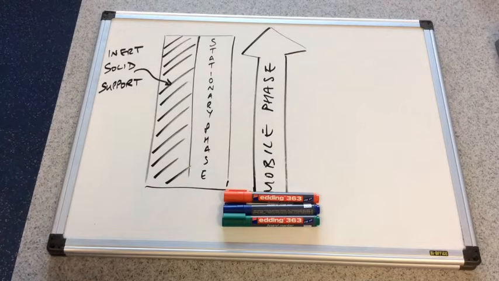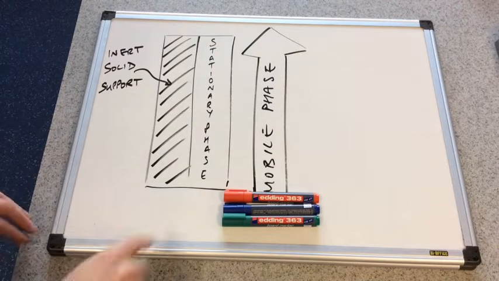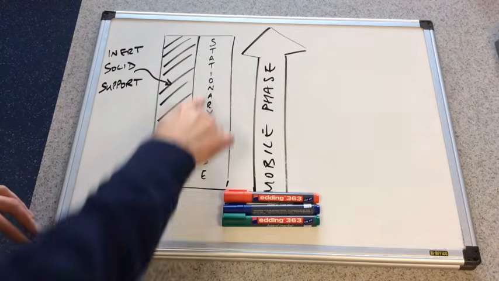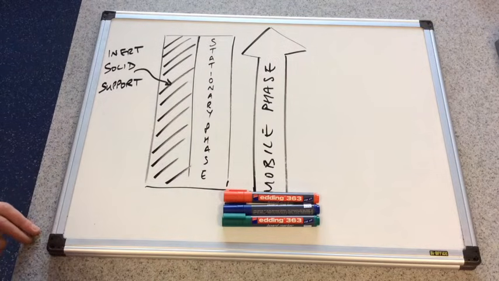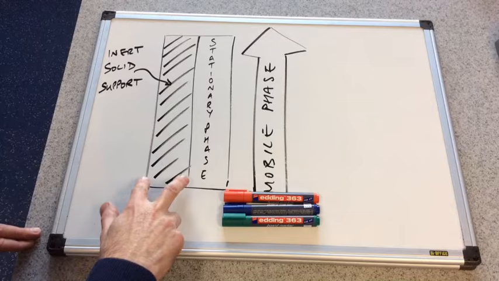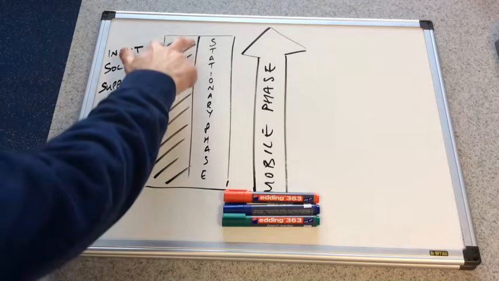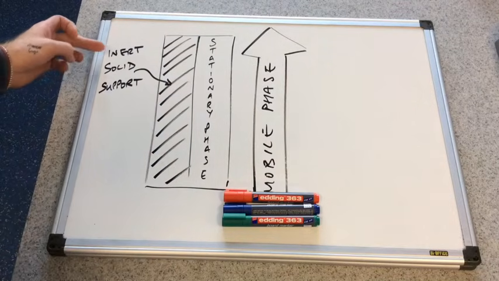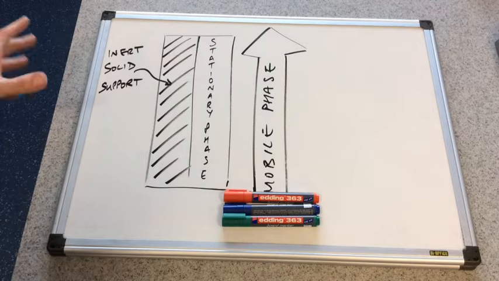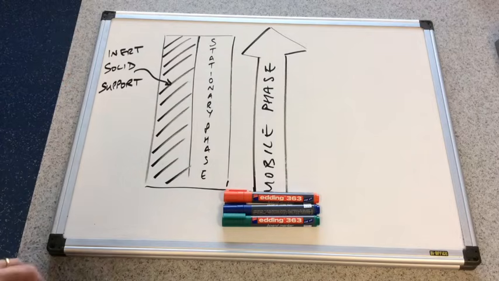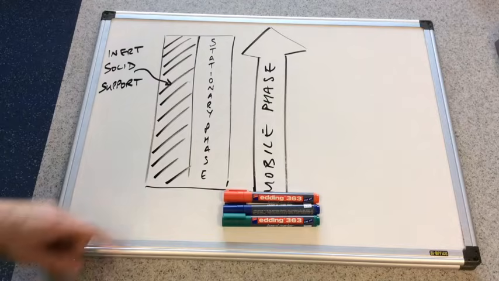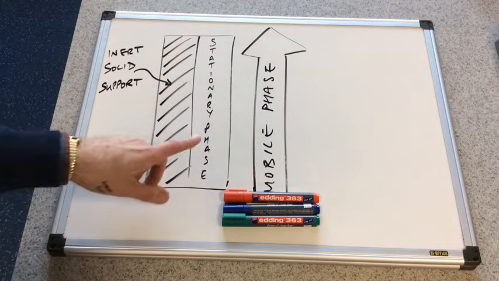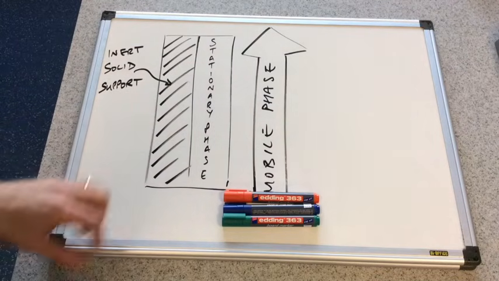So if I take that off, you can see here I've written down we've got the stationary phase. So remember, that's the phase that doesn't move, and that would typically be mounted on a solid support. So that would need to be inert. So in other words, it doesn't react, it doesn't interfere with anything in the experiment, in the mixture. So we've got this stationary phase, and I'll go into what this could be when I look at each individual